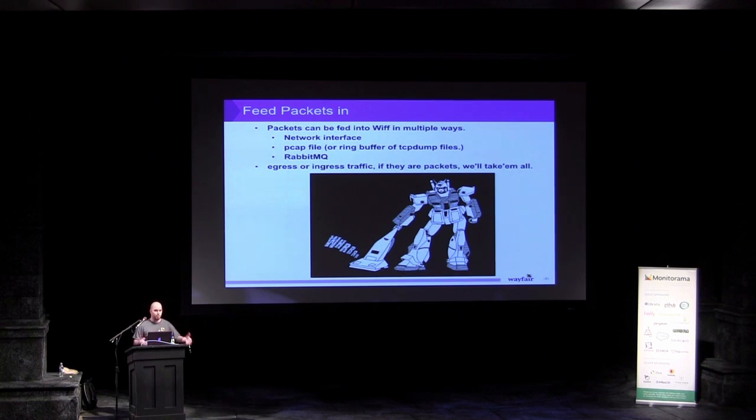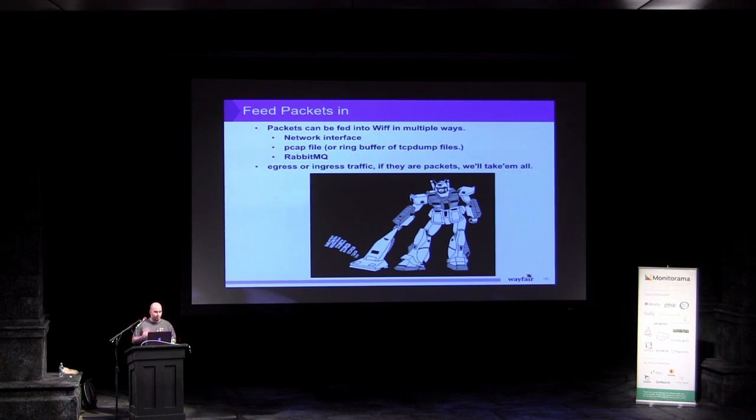We started with Wireshark off the NIC as the input of the traffic. That worked for some scale. Once we got to a certain point, we wanted to divide and conquer, and tcpdump does a really good job of taking these files, dumping them into PCAP files, and you can configure it to be a ring buffer. So you can set Wiff up to listen on the NIC. If you have low traffic, you can give it a single PCAP file if you want. You can give it a folder to watch for files in,